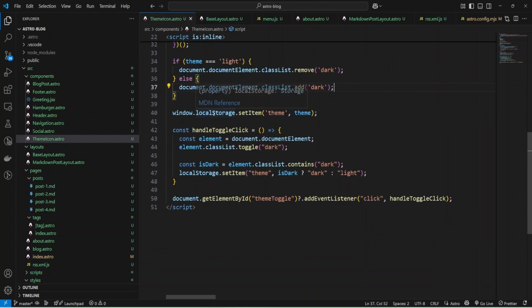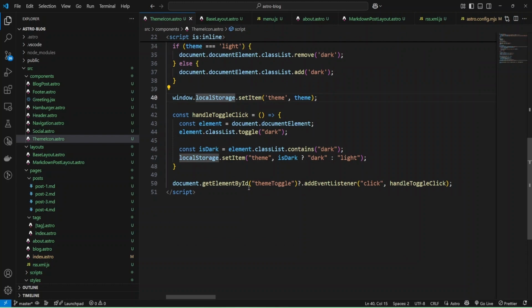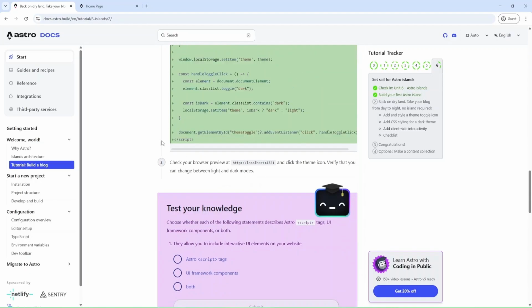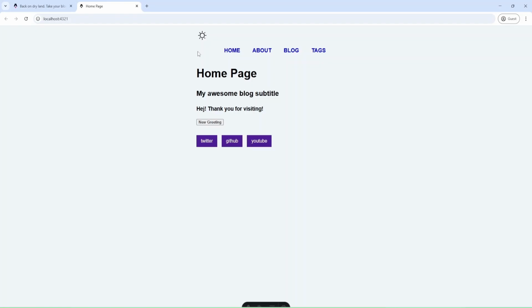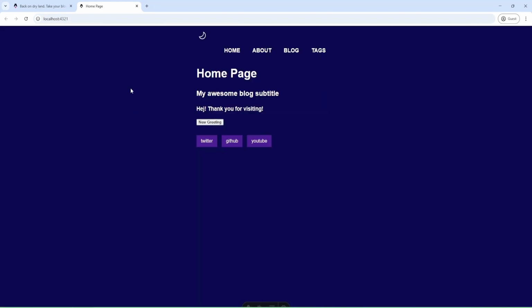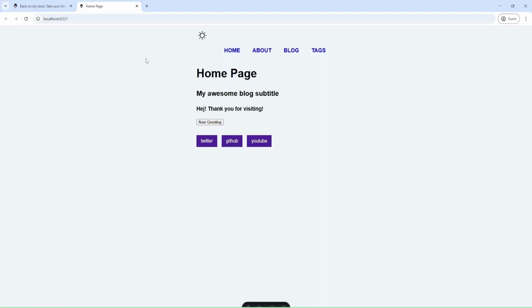Okay, and set item to local storage, and also we have handle toggle click, and when we press on this icon, this function will be called. Okay, and let's check. I can click on this icon, and as you can see, theme was changed to dark, and also I can click it, and the theme was changed to light.